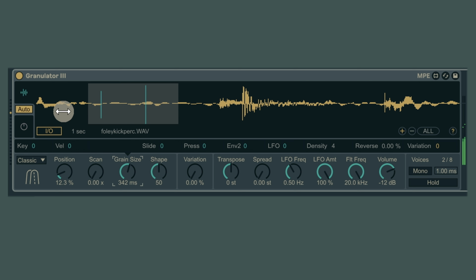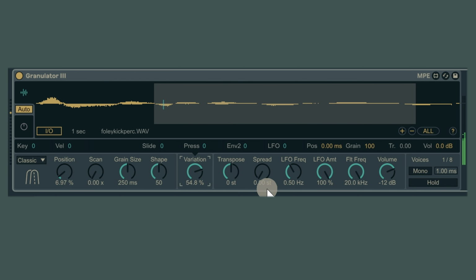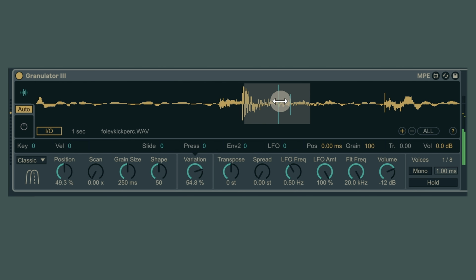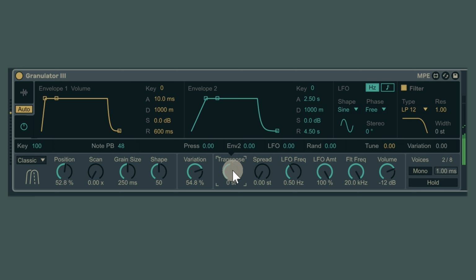What I want to show now is, first of all, we have some variations here that we can put up for the grains. When I put that down, you can zoom in, and then you put the variation up. Here you get your variations at full power. Let's zoom out again. Transpose, you can modulate, but also just adjust it.